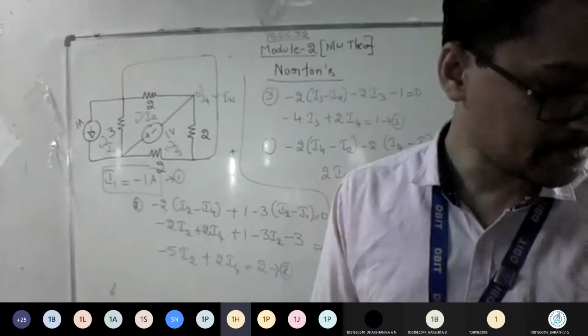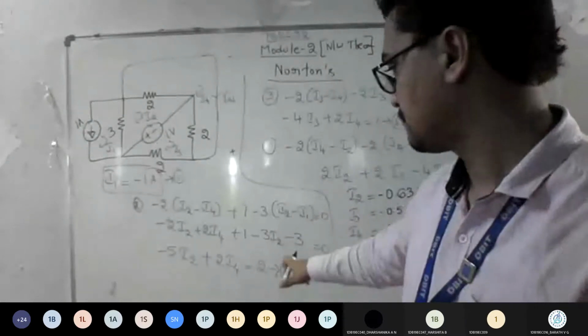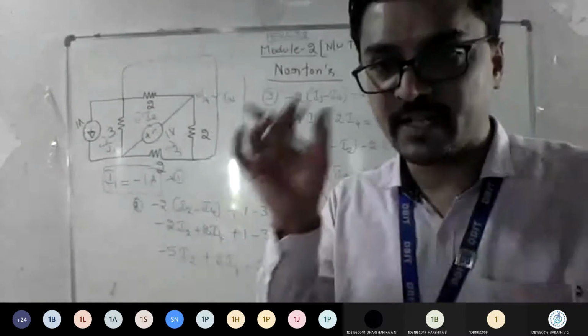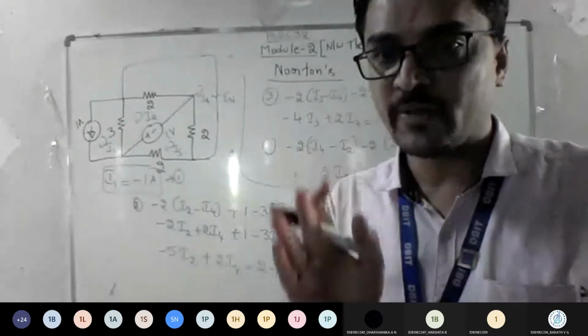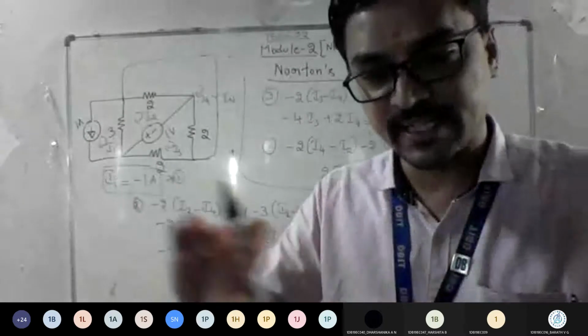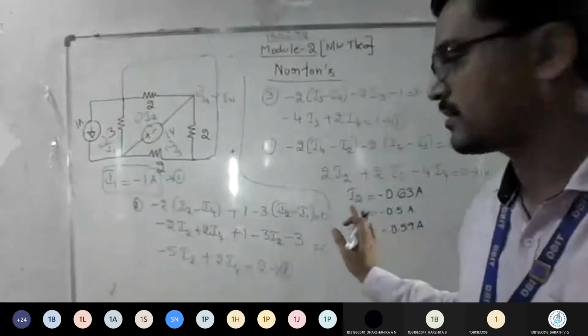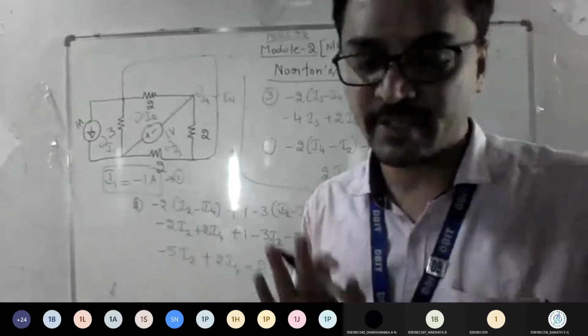Bharat, where was the mistake? Did you make a calculator error? Sir, I made two mistakes there. Okay, be careful while entering the values in the calculator. That's why I told you, better write all the constants in order, then enter them on the calculator, it will be easy for you. So now I hope everyone got I4 as 0.59. Am I clear?